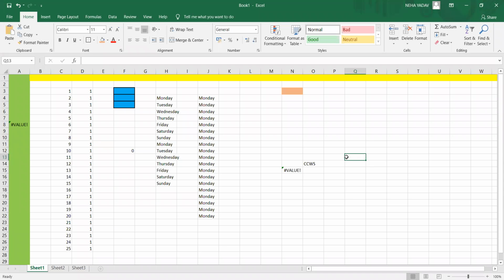Text means it will always be A, B, C, D. Then formula, as I have told you, starts with the equals to sign. See, it is highlighted also on page number 65 in the last line. Whenever you are going to write something, like you are calculating something, you need to start it with an equals to symbol, right? Performing calculations I'll cover in the next class. Till here we have done the introduction and the basics I have told you.